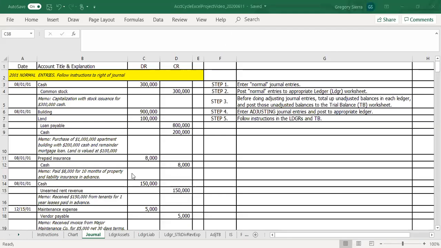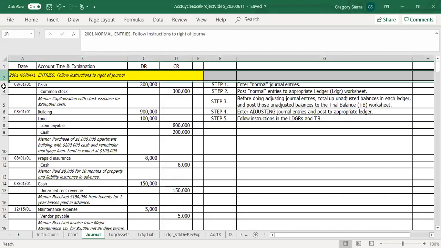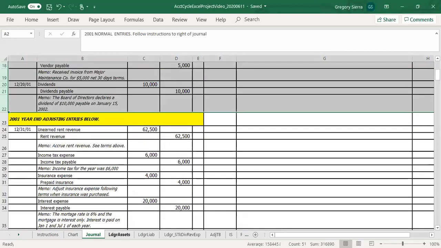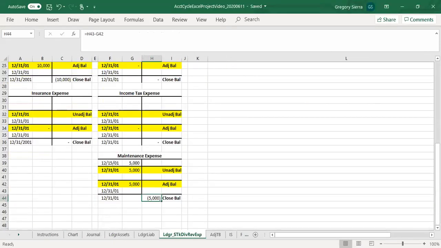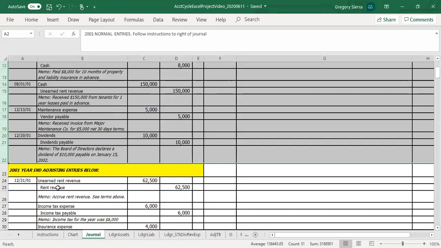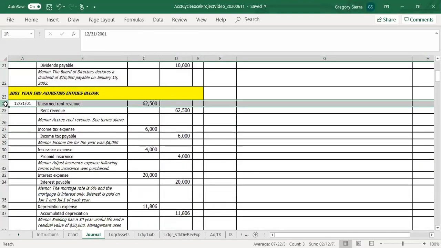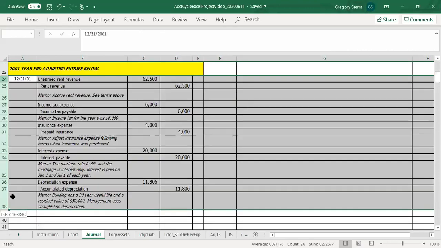Okay, this is part 3 of the Accounting Cycle Excel project. If you're popping in on this one, we've already done all these normal entries, step 1. Step 2, we posted those to the asset ledger, liability ledger, and the stock dividend revenue expense ledger. Then we went back and did these adjusting entries down here, and we're not going to post them to the ledger yet. We're going to use the trial balance to see how things are working before we